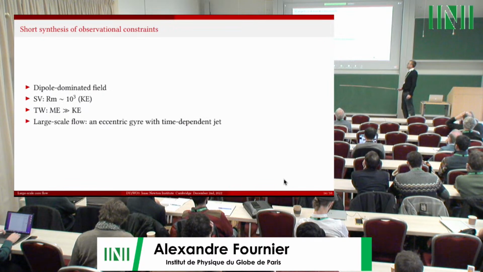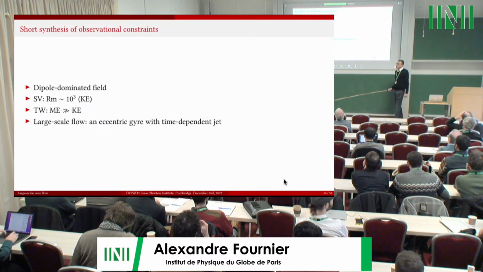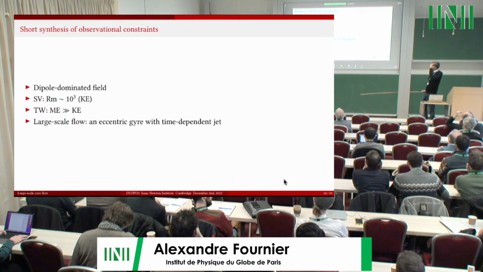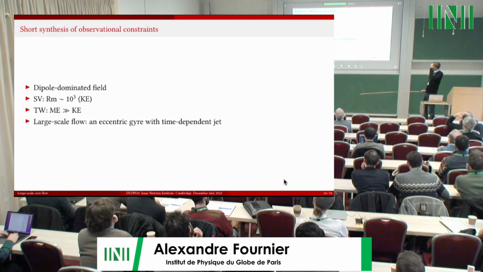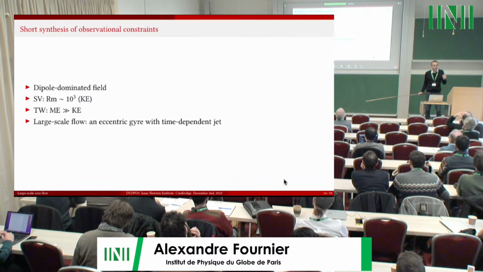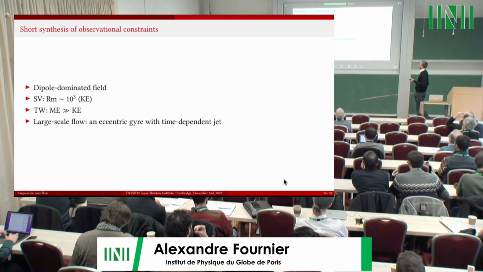We look at torsional waves. We find out that the magnetic energy is much larger in the core than the kinetic energy. And the large-scale flow is stable on decadal to secular time scale, an eccentric gyre that contains a time-dependent jet. Okay? So now the question that we're going to ask is how can dynamo models account for these various observations